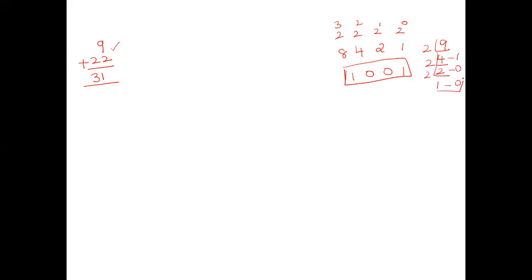So 2 power 0, 2 power 1, 2 power 2, 2 power 3, it will keep on going like this. 2 power 0 is 1, here it is 2, here it is 4, here it is 8. The input is 9. So if we add 8 plus 1, it is 9. So the rest of the bits are 0. You need not do it like dividing 9 by 2 again. This is another way: 2 4s are 8, remainder 1, and 2 2s are 4, remainder 0, and 2 1s are 2, remainder 0. You have to write from here, or else in this way. This way is very important.